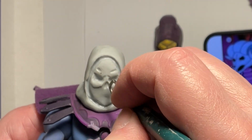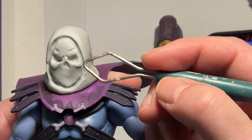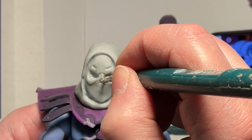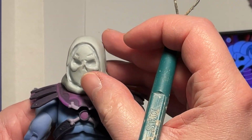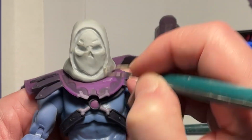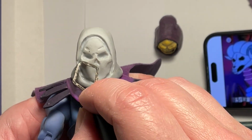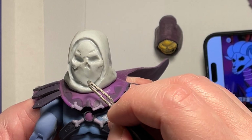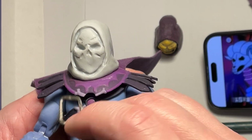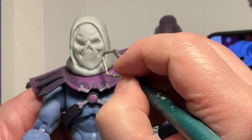So I'm just creating an upside down V shape to create the nose, or the hollow where the nose would be. And on the Filmation Skeletor, the cheekbones are quite pronounced. So I'm just trying to create that iconic, it's almost like a laughter line,